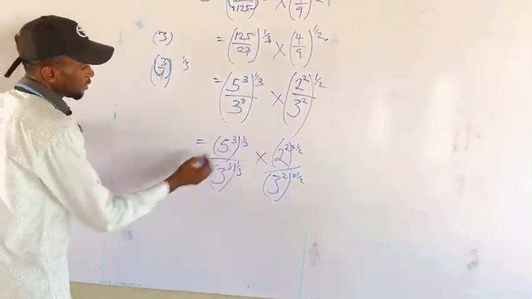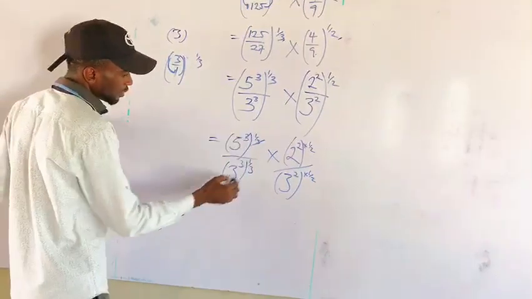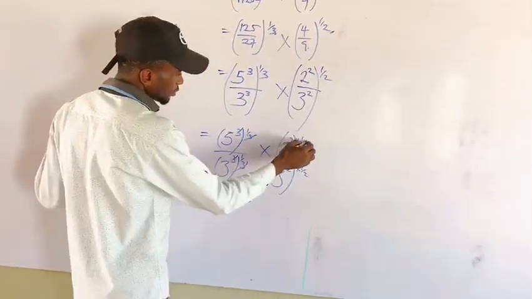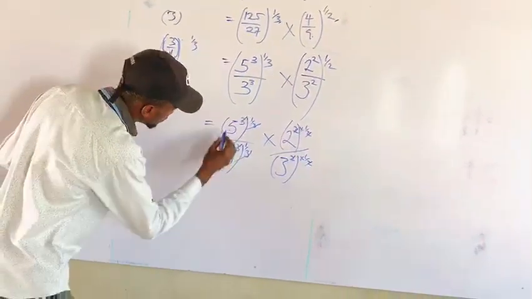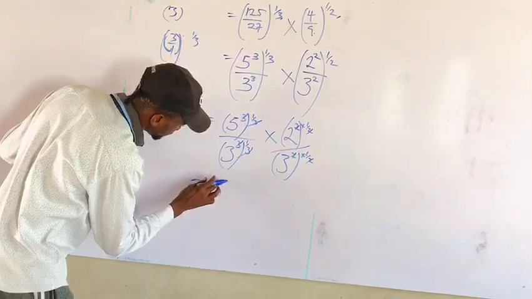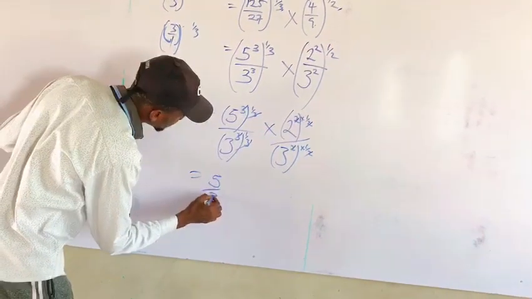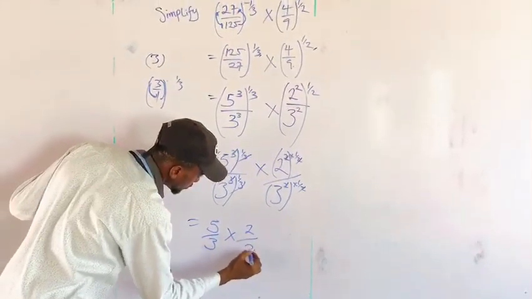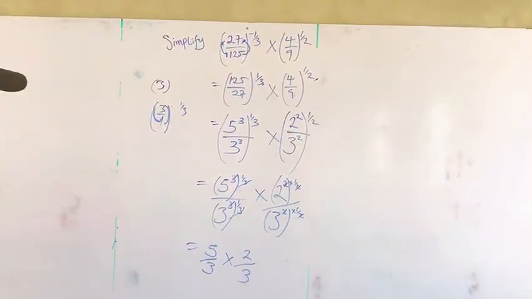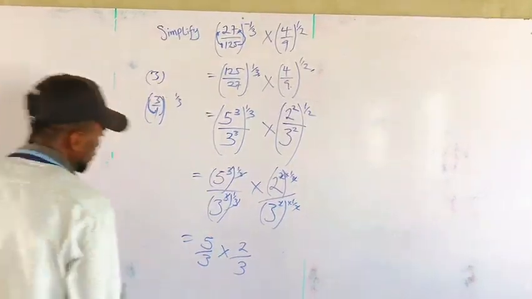If this is what I'm left with, 3 can cancel off, 3 can cancel off, 2 can cancel off, 2 can cancel off. So I'm left with what? This is equal to 5 over 3 times 2 over 3. So this is what I'm left with. Okay, so 5 times 2